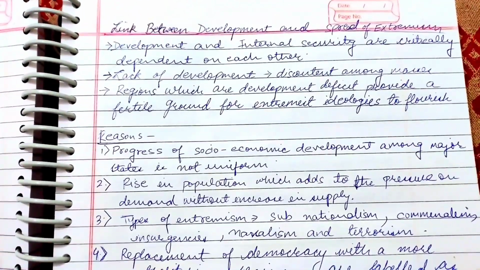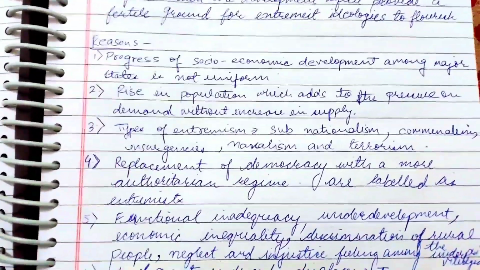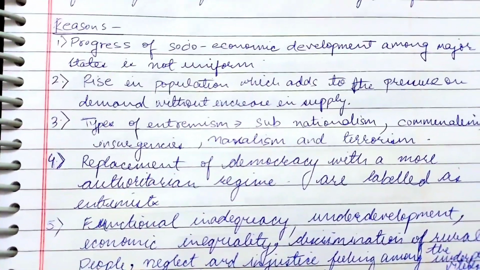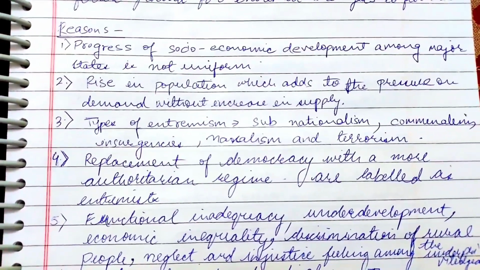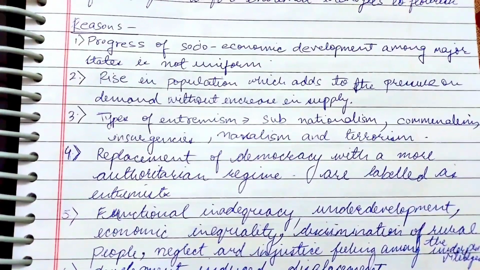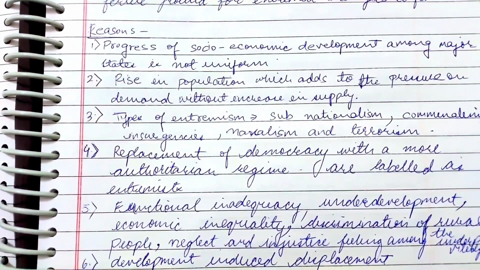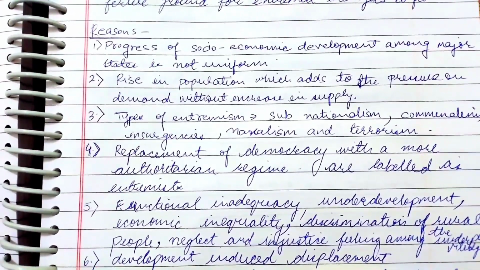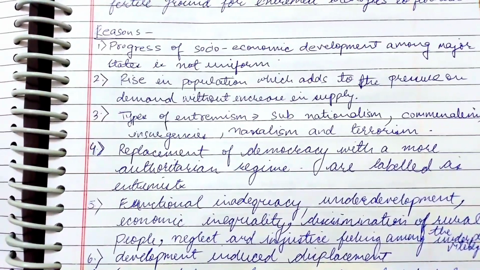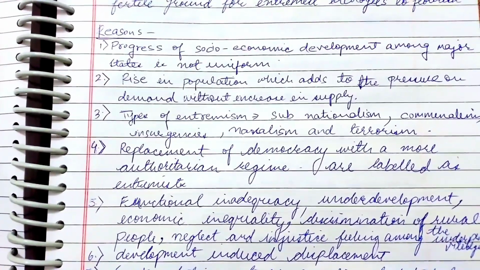This is mainly the preface, and then there are reasons for the spread of extremist activities. First, the progress of socio-economic development among major states is not uniform. In India, economic disparities have created social tensions, urban unrest, rural upsurge, and youth disenchantment. Problems of deprivation, unemployment, poverty, food shortage, lack of housing, overcrowding, and degradation of basic amenities have given rise to